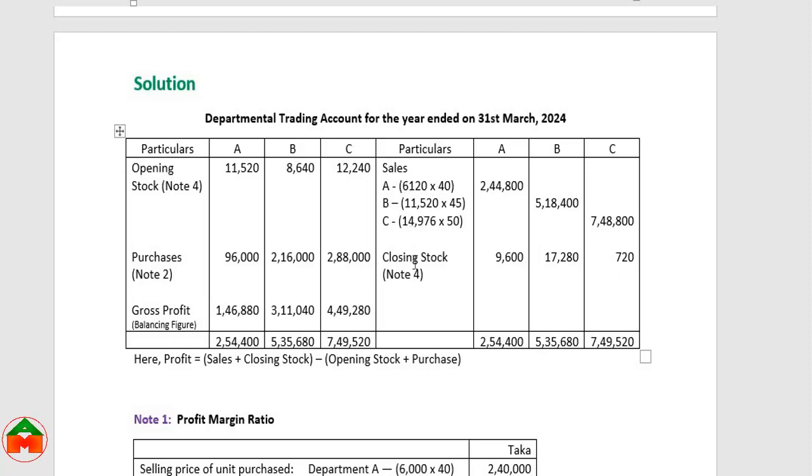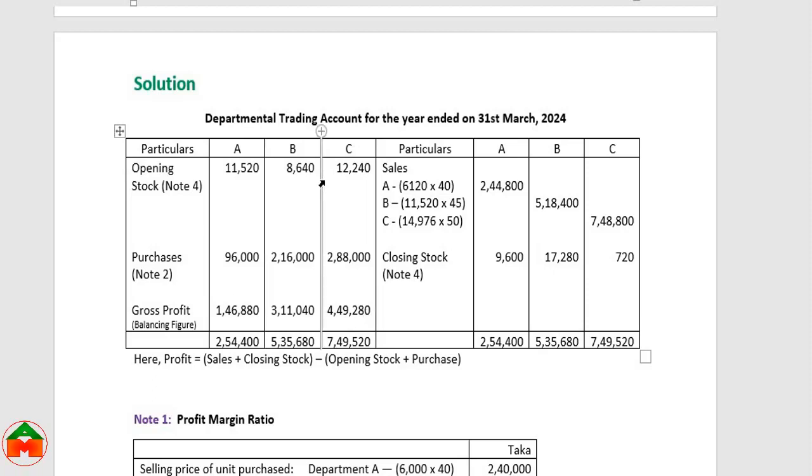So at the initial stage of this tutorial, I have said that we have to add the sales and closing stock. As you can see, for department A, the total value of sales and closing stock is 2,54,400. From this balance, we will deduct the opening stock, which is 11,520, as well as we have to deduct the purchase, which is 96,000. After deducting the opening stock and purchase from the sales and closing stock, the gross profit for department A is 1,46,880. In the same way, the gross profit for department B is 3,11,040, and for department C, the gross profit is